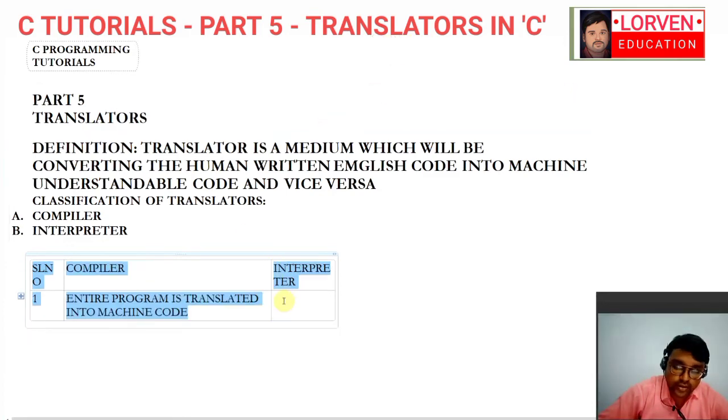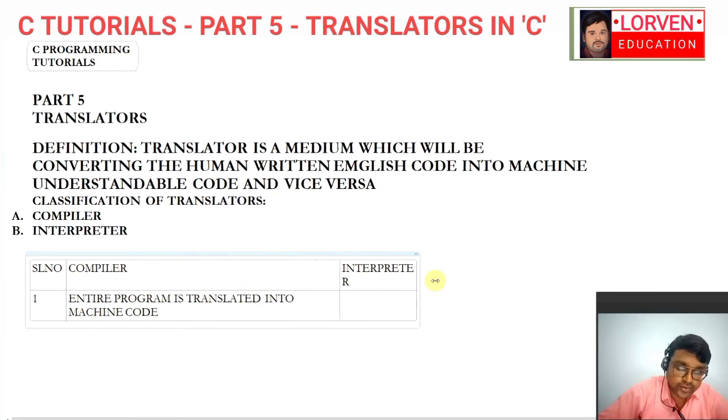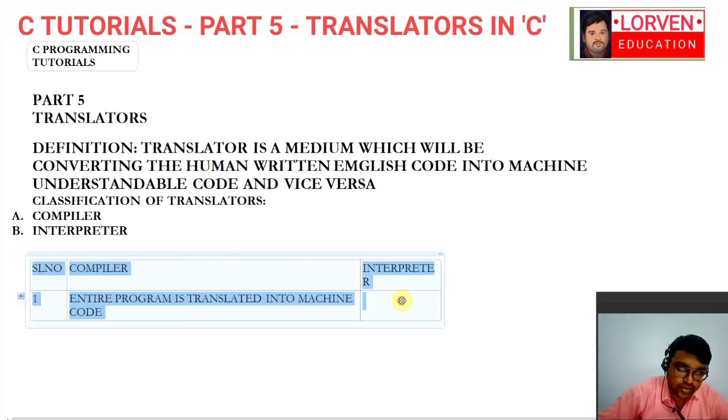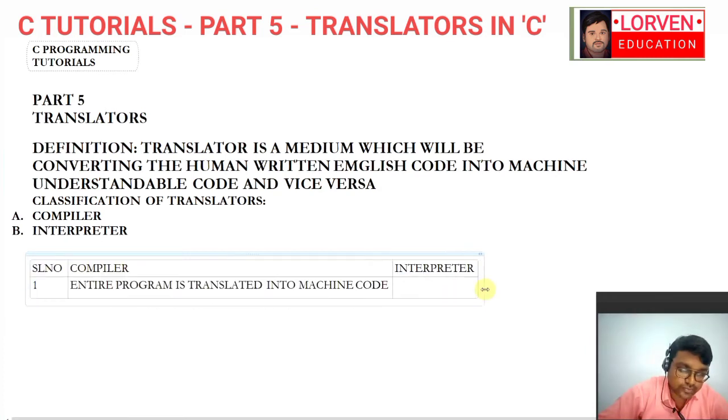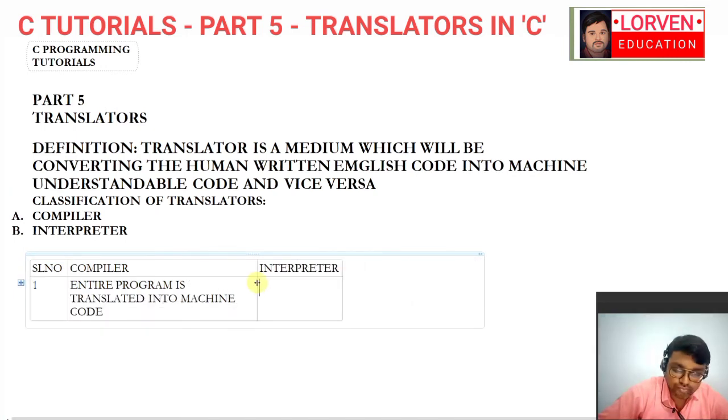Now in the interpreter, what happens? In the interpreter, the translation of the program is done line by line.